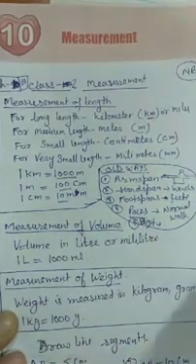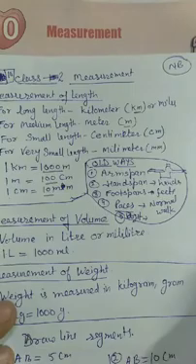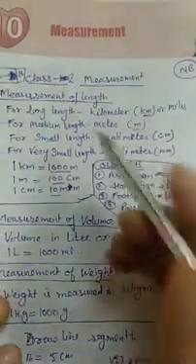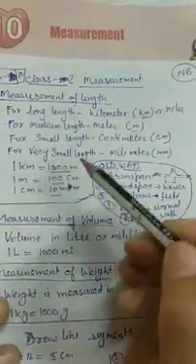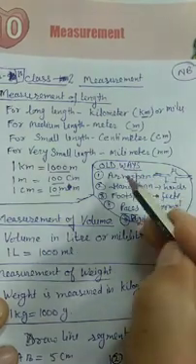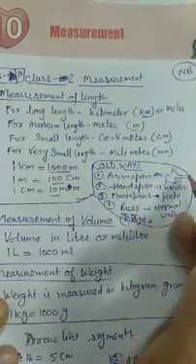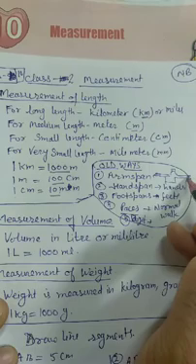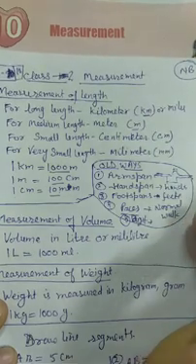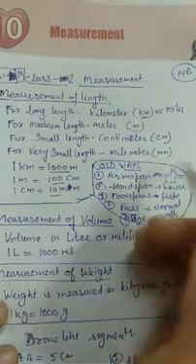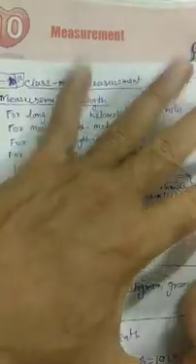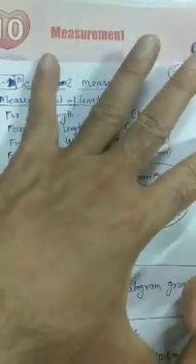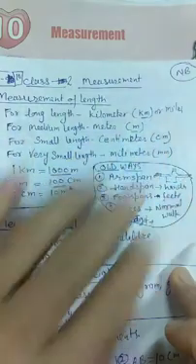In class 1 also you did these things, the old ways to measure when we didn't have the meter scale and all this. The old way to measure length is the arm span. When you stretch your arm and measure the length, one arm, then you can go forward for 2 arms, 3 arms. And then it is the hand span. Hand span is like this. You have to open your hand, then see the length from thumb to the last finger.